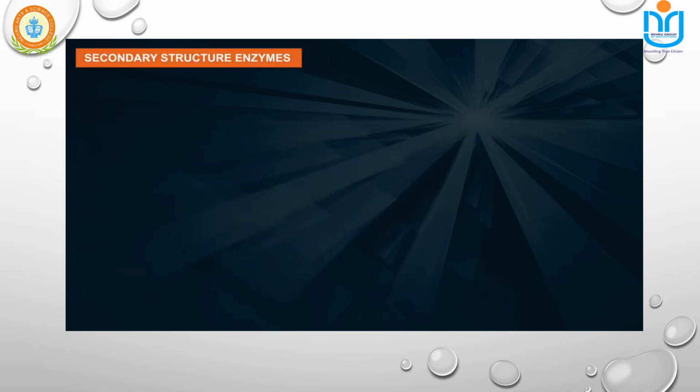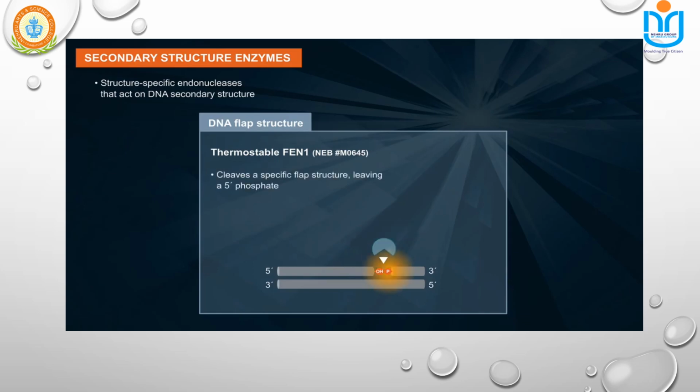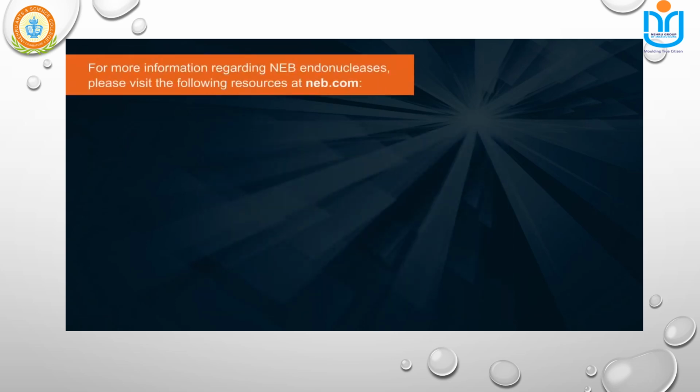Aside from DNA repair enzymes, there are also structure-specific endonucleases that act on DNA secondary structure. Thermostable Fen1, for example, recognizes a specific flap structure and cleaves this flap, leaving a 5' phosphate, which can then be ligated with a DNA ligase. For more information regarding NEB endonucleases,